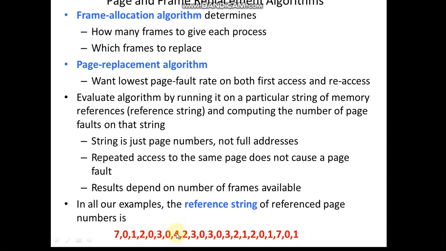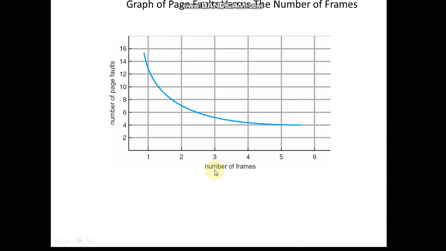And as you know, physical memory is limited, so it is given with the number of frames on that particular main memory also. Let me take you to one of the graphs, which shows that the number of page faults depends upon the number of frames. As you can observe, if physical memory has only one frame, then the number of page faults is very large, because every page has to be replaced. At a time it is able to hold only one page, so every time a new request for a page comes, it has to be replaced.